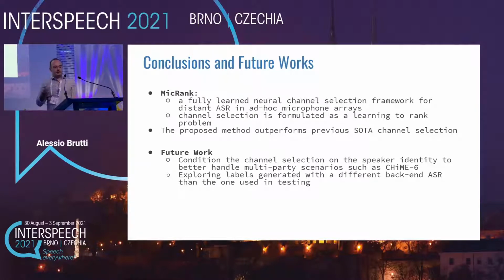Open issues, future work. Of course, there's the problem related to the overlapping speech that I just mentioned a few minutes ago. And here what we would try to do is to provide some information about the speaker to the model, for example, appending some speaker embeddings or x-vectors to the acoustic features. Another thing that we didn't try, and I think it's very interesting, is to evaluate how sensitive the system is to using a different ASR backend, with respect to what has been used to compute the labels. So I think it could be an interesting analysis in terms of architecture and training strategy for the backend.